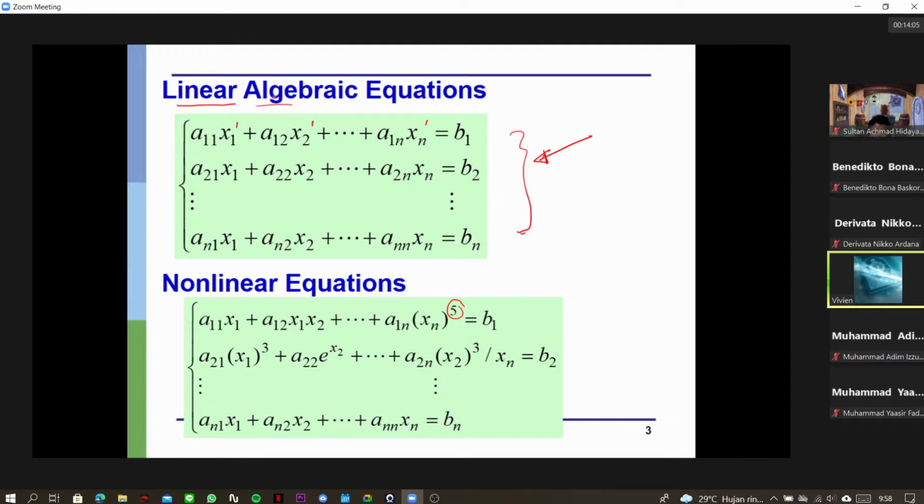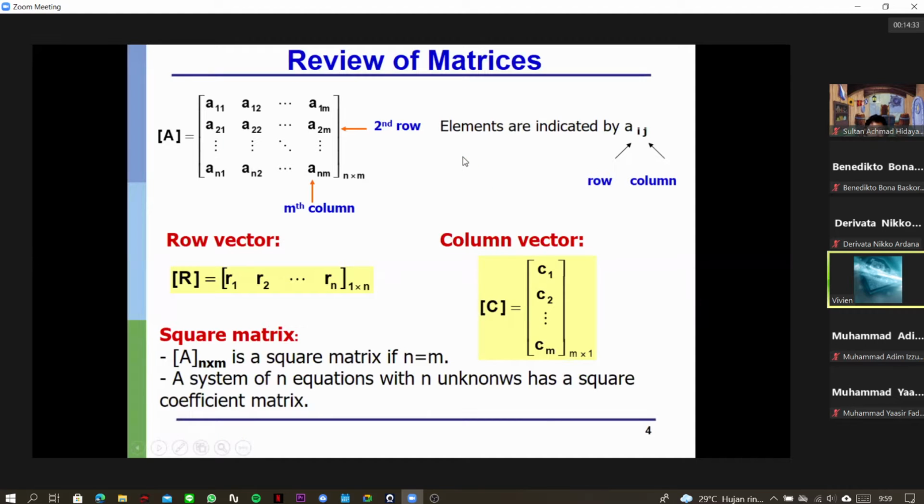And why are we talking about sets of linear algebraic equations? Because this system arises in many applications, such as partial differential equations, which we are going to talk about later. So this becomes the basis. That's why we are going to learn how to obtain the solution for this system. Now, before we learn the algorithm to solve this problem,